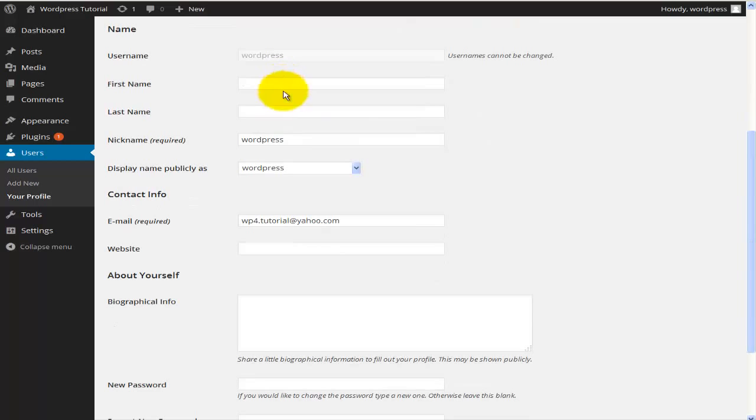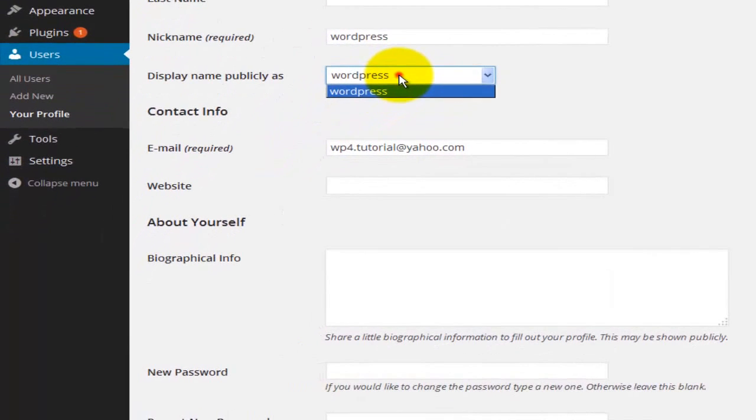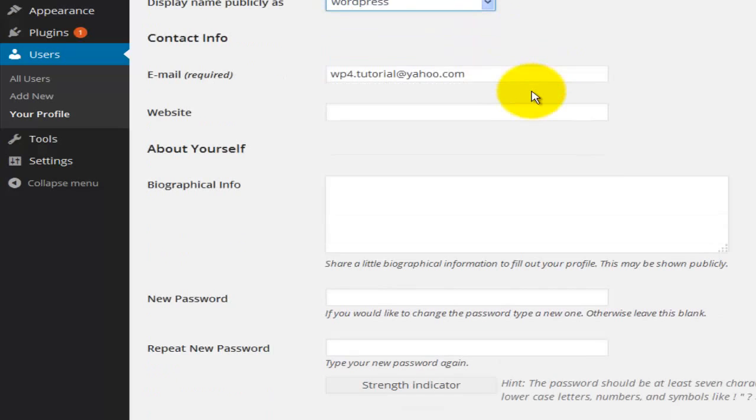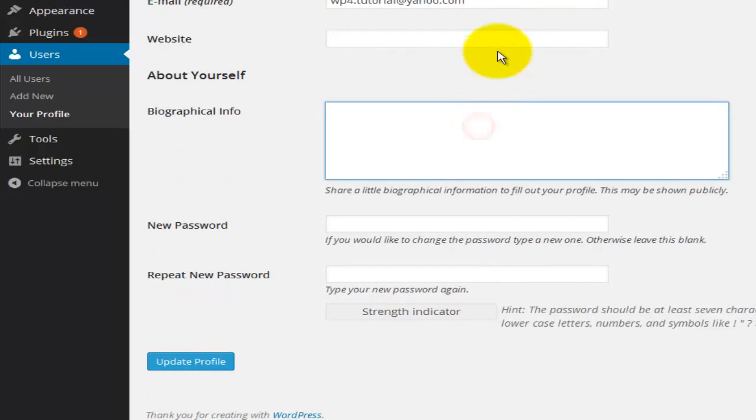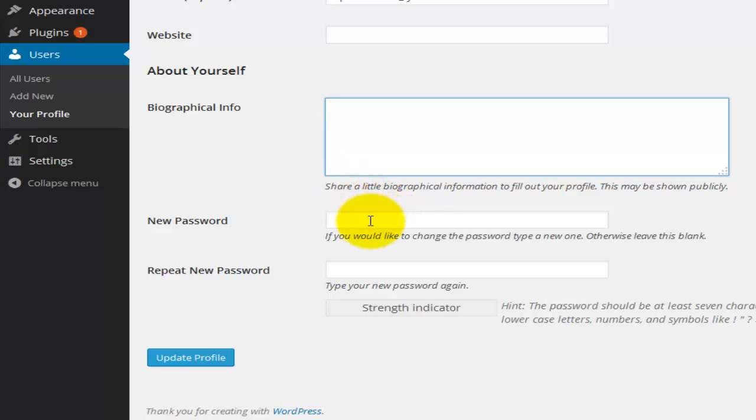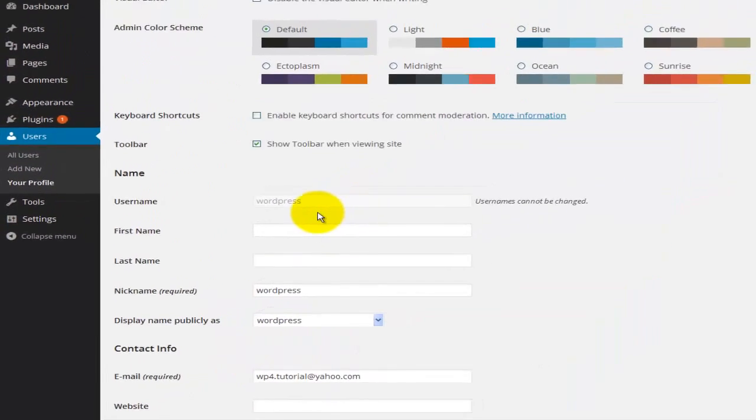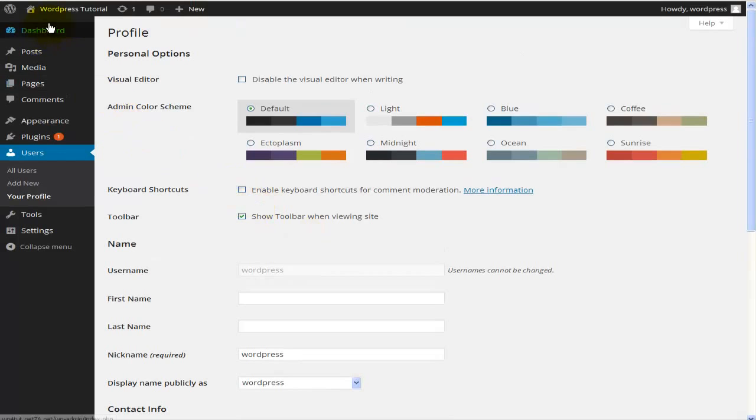You can actually type in your first name, your last name, the nickname, and the display name to the public. So if for example I entered a different name here, if I entered admin, when I go to this drop down menu I would actually get WordPress and admin options. Alright, this is some basic biographical info about yourself. You can enter new passwords here, and you can update the profile by clicking on update profile. Alright, going back to the dashboard,